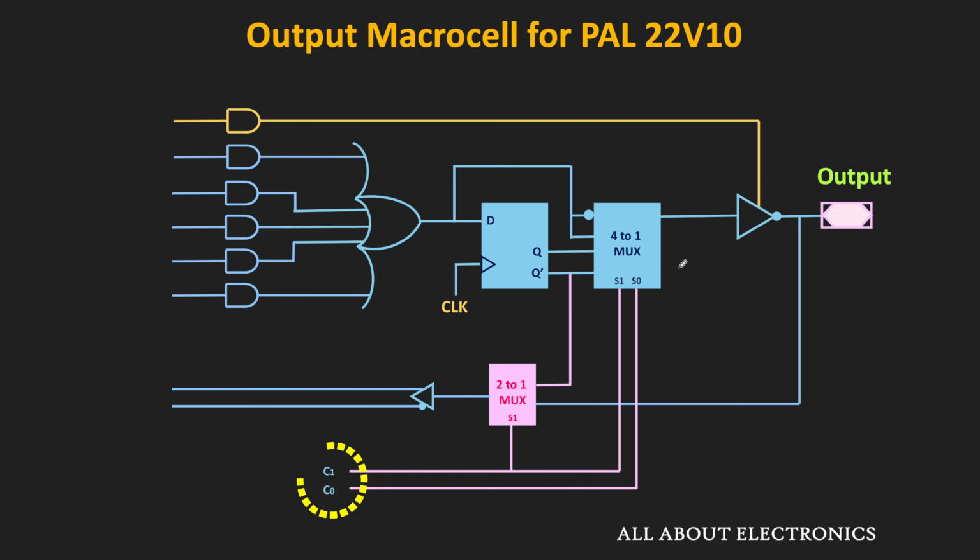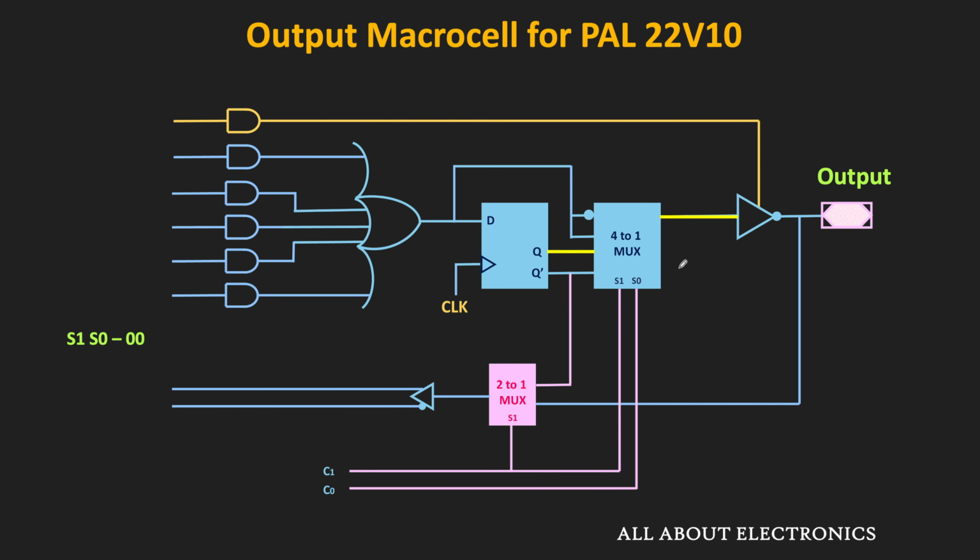So as you can see over here, through these two control pins C1 and C0, this 4x1 multiplexer can be used in 4 different modes. Whenever this S1 S0 is equal to 0 0, then the output will be the registered output. In this condition, the multiplexer will select the Q output for the output pin. Now in this condition, if this tri-state buffer is on, then the output will get inverted and the Q bar will be available at the output pin. And for this 2 to 1 multiplexer, since the S1 input is equal to 0, this Q bar output of the flip-flop will be fed back to the input side. So we can say that the present state of the flip-flop will be available as an additional input for this